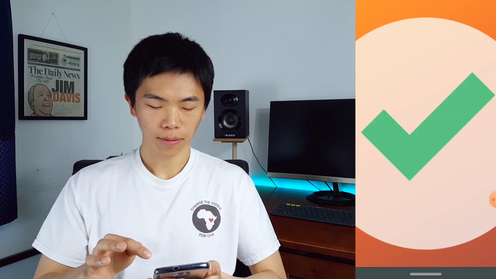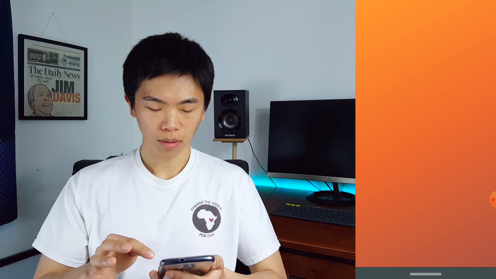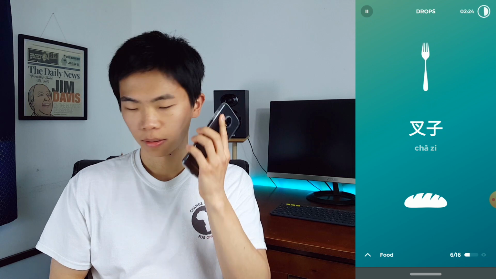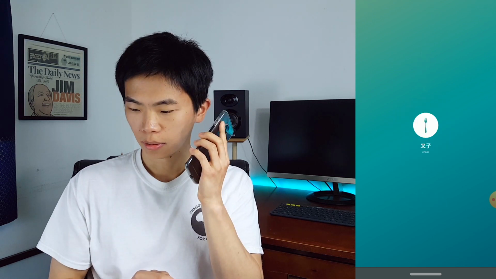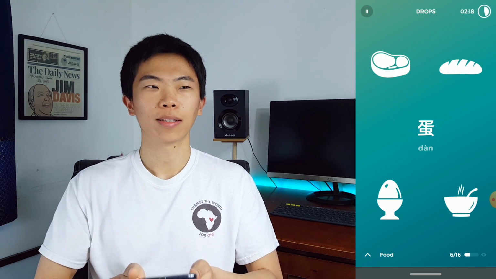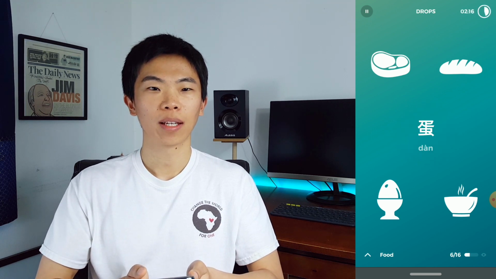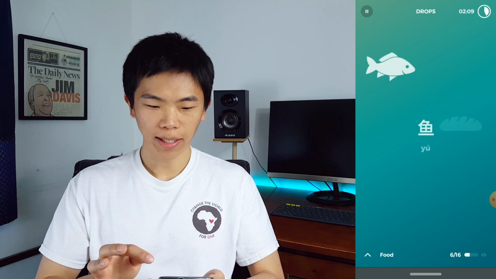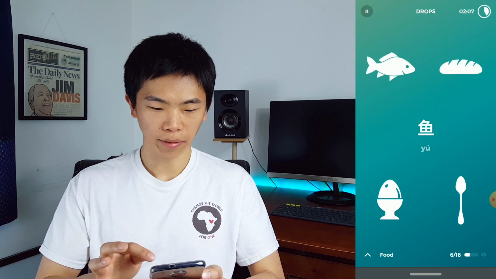Oh. That pronunciation was weird. Kind of sounds like 超子. So the pronunciation should be 叉子. 叉子. It's fork. At this point, I'm already pretty sure that Duolingo has a better